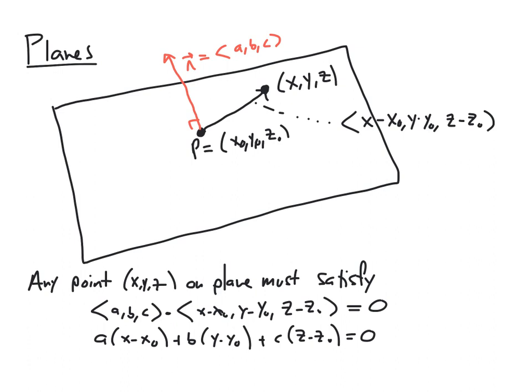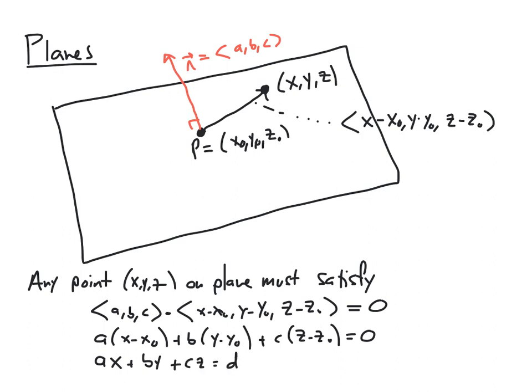And if we wanted this to be a little cleaner, we could actually distribute the A, B, and C across each of those differences and kind of group all of the constants together. Remember that x0, y0, and z0 are fixed numbers. The x, y, and z are unknown variables. But if we were able to do that, we would get something of the form ax plus by plus cz